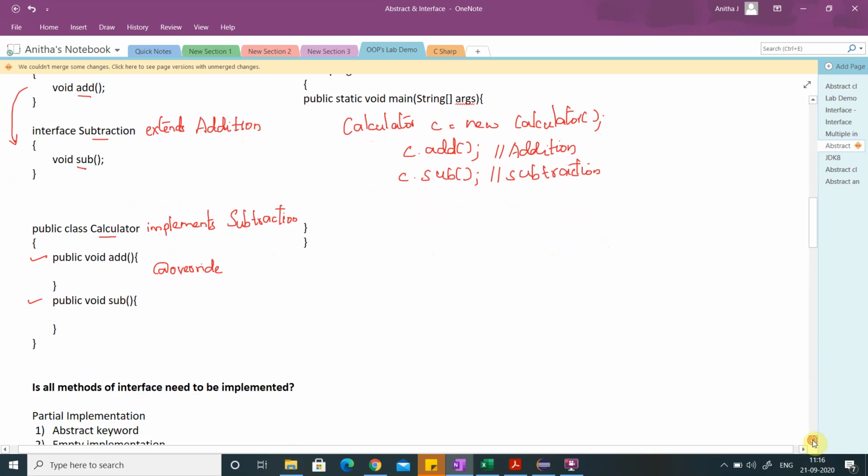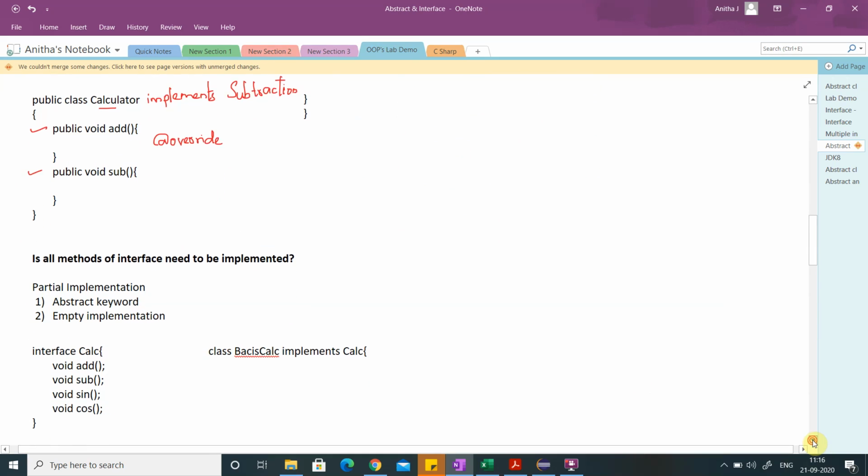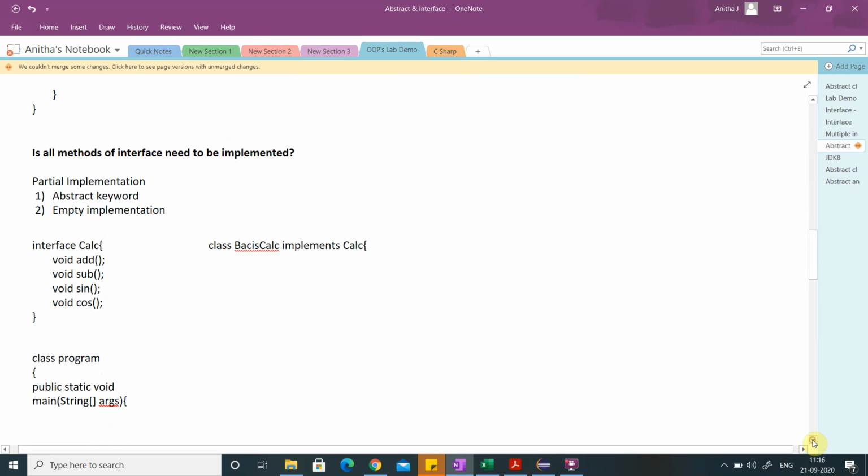Now the next feature asks the question: do all the methods of the interface need to be implemented? Whenever you are implementing an interface inside a class, all the abstract methods available in the interface need to be implemented. Otherwise it will throw an error.